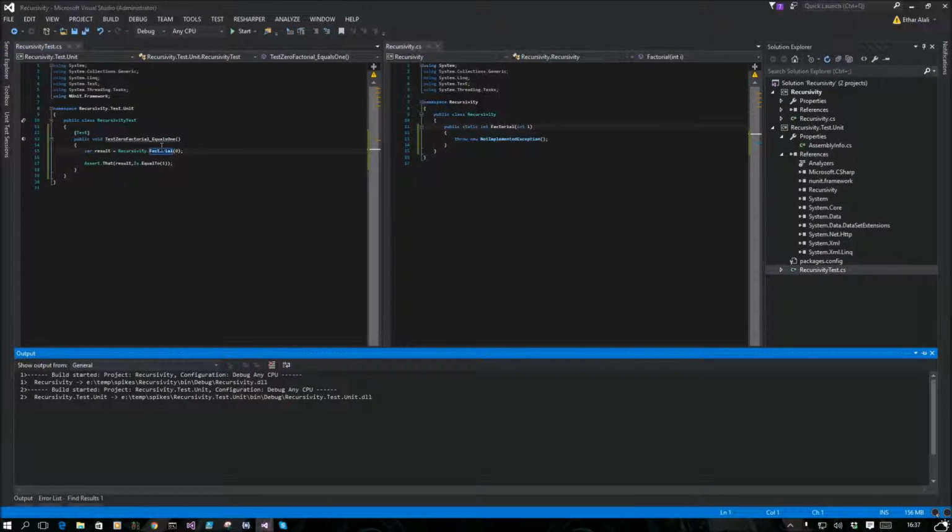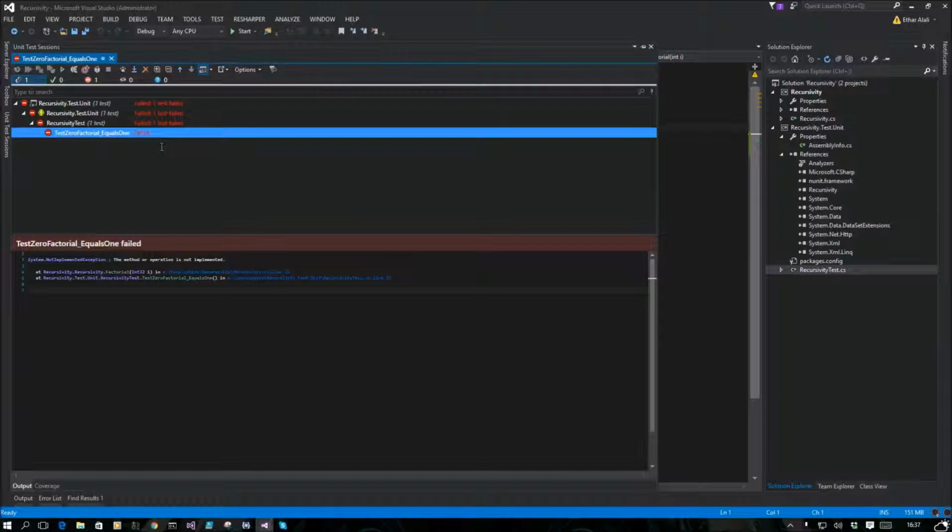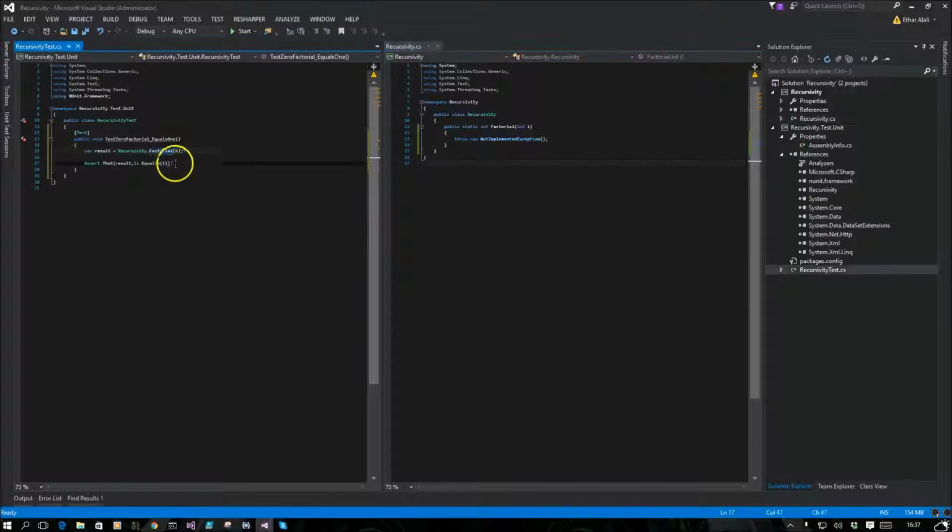Right, so we build that. Run that, and it's failed. Perfect. So it's not implemented. So now we just have to implement it. Now, obviously, we are using TDD as if you mean it. That means we will return